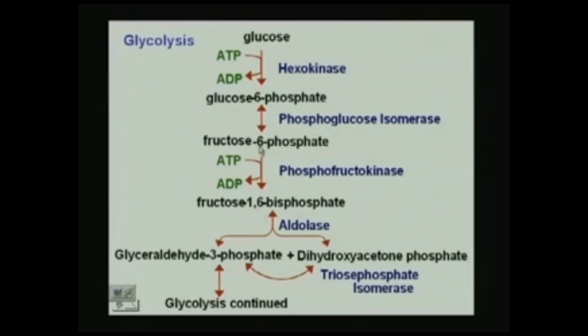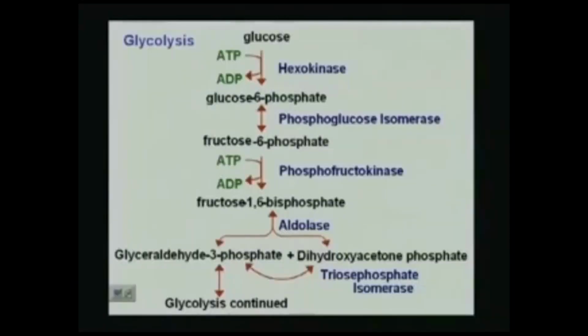I'm adding another phosphate. In the addition of the phosphate, I have to break down another ATP, and I need another kinase, right? So fructose 6-phosphate will take up phosphate from the ATP, forming fructose 1,6-bisphosphate with the help of phosphofructokinase. The next step now is the breakdown of the 6-carbon to 2 3-carbons,